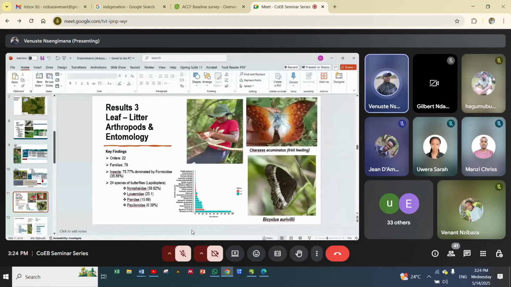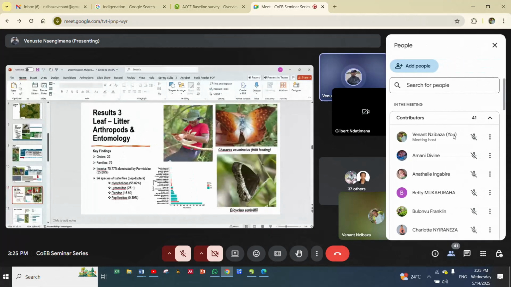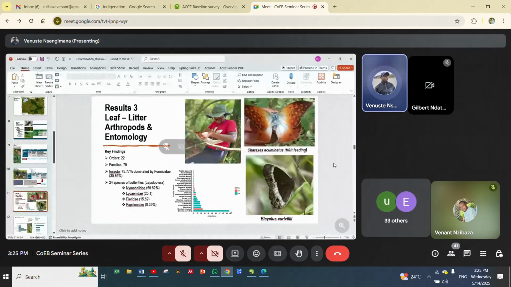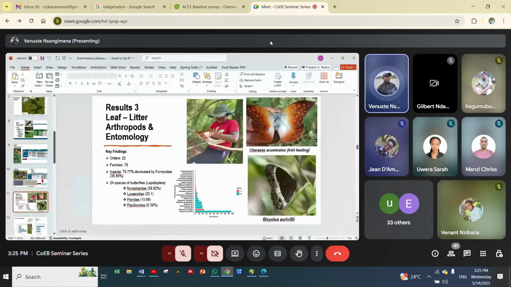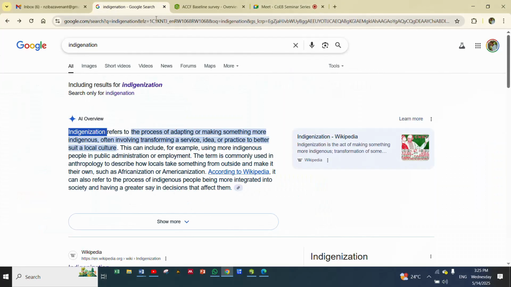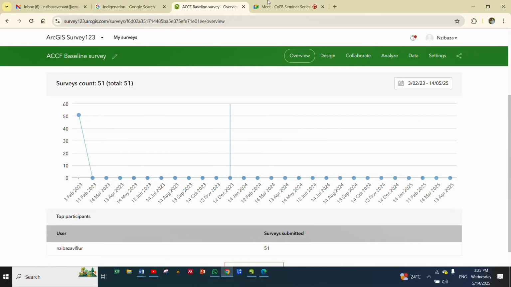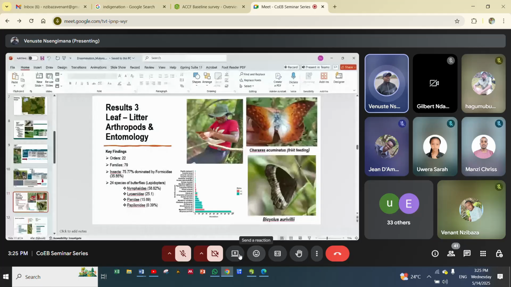We were interested to do the identification of species to species level, and we have found 24 species of butterflies, with the higher number of Nymphalidae with 58.8%, followed by Lycaenidae, Pieridae, and Papilionidae. And we have seen the most abundant in this group being the Pisciclus oliveri and the Caraxes acuminatus, which is a fruit-feeding butterfly. This is a sign that the forest is potentially suitable habitat for